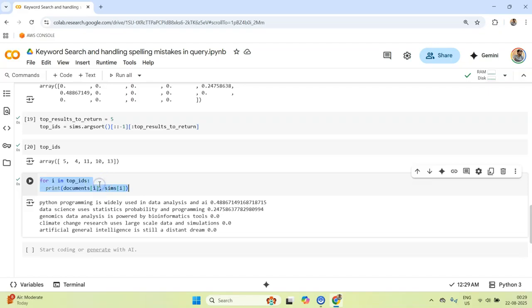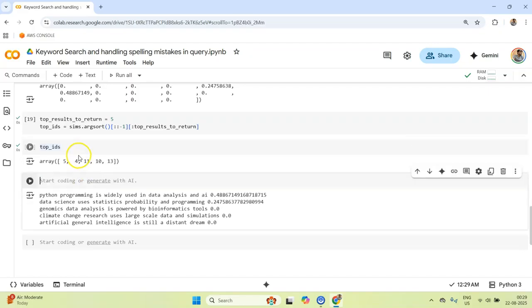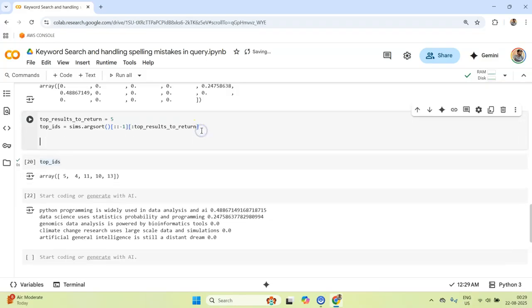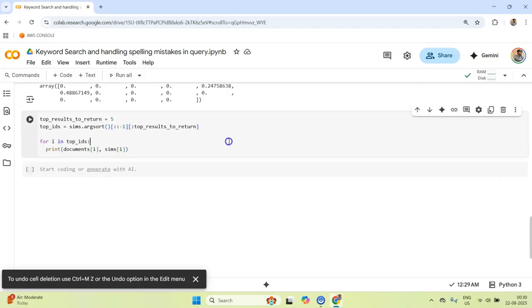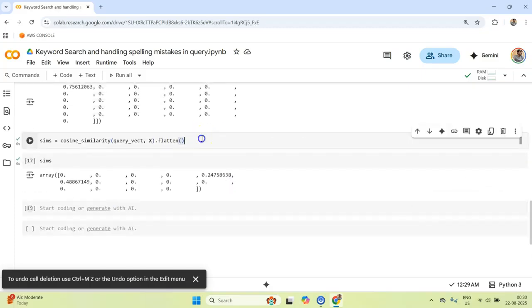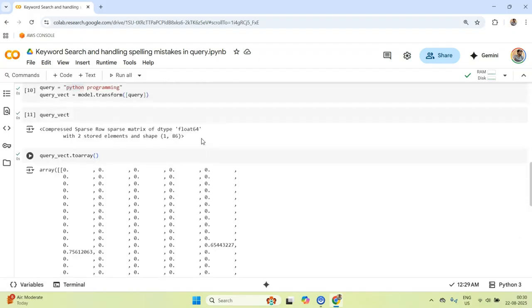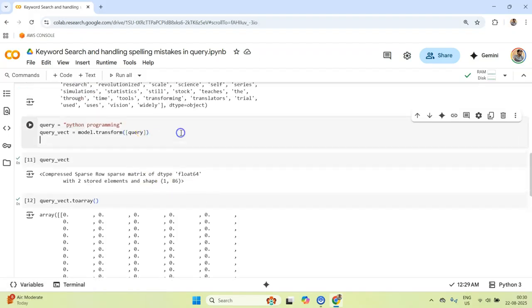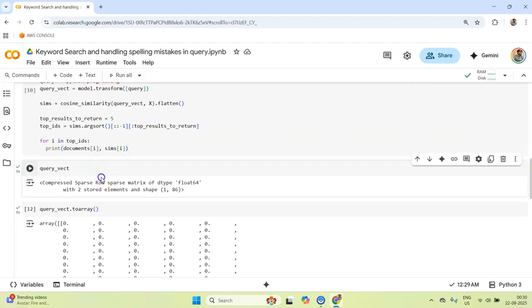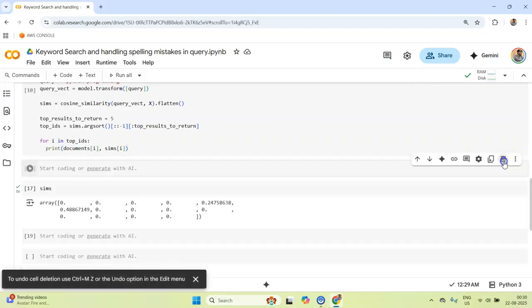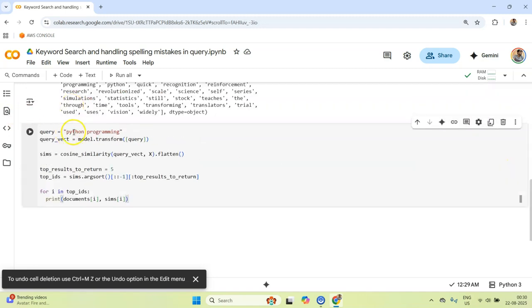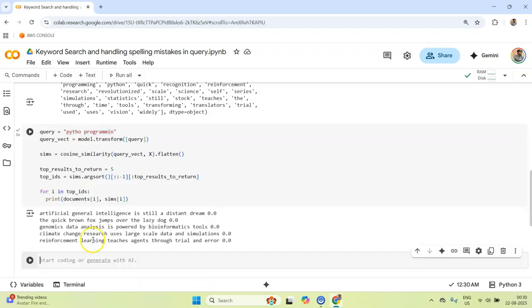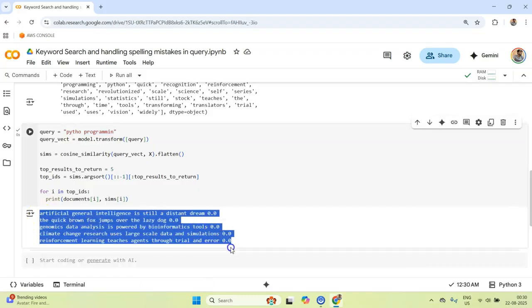Let's do one thing. Let's first of all clean up this code so that we can iterate upon ideas. I'll paste it here, and I'll delete these cells, and I'll copy this as well, and paste it here. I'll cut it, and I'll put it here. So now I have a cell where I can iterate. Okay, so let's delete this. Now let me try one thing. Let me misspell Python and also programming, and let's run this.